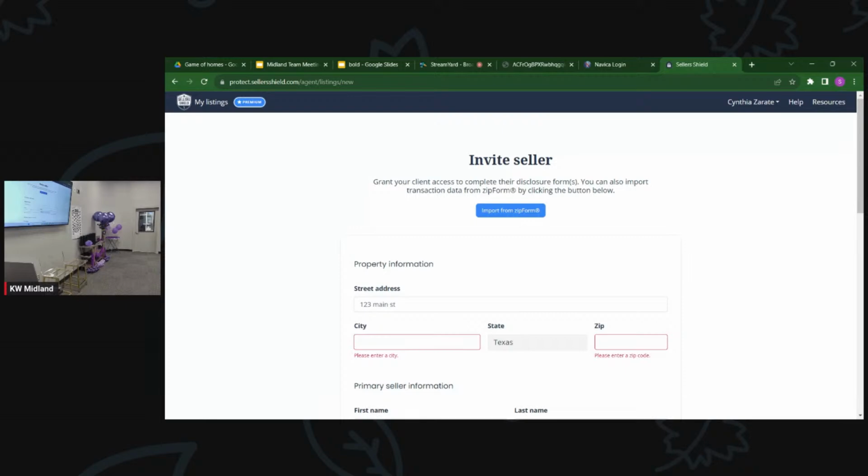So you're going to get staging scheduled if that's the case. Make sure the house is very, very clean, deep clean for that. It's probably going to be vacant if you're going to stage it. So just make sure it's deep clean. Have them go in there. They go in about a week. And then you got your photographer scheduled.